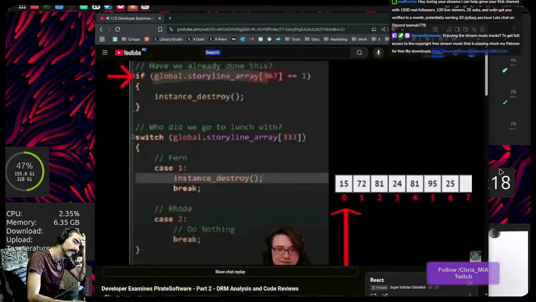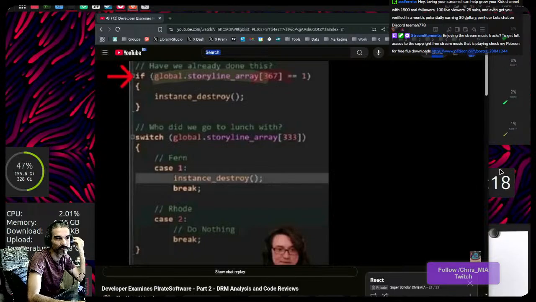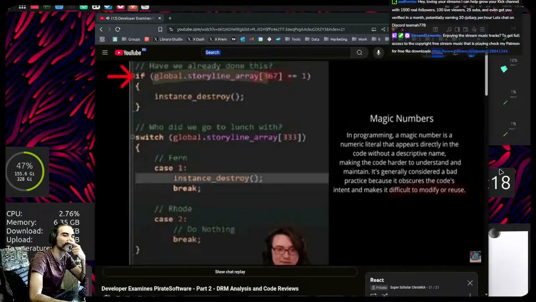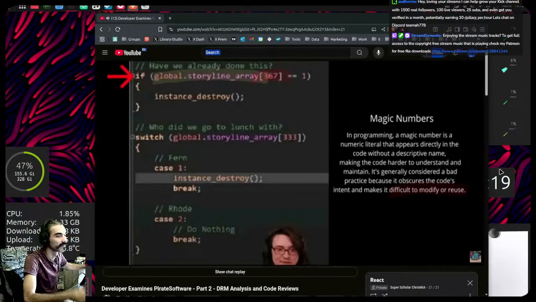Now, let's deal with the index number 367. This is what we call a magic number. Magic numbers in programming are when you use a number directly to check or access something, and there's no way for someone reading it to have any idea what it could possibly mean or refer to without someone else explaining the intent or finding a different file that might hold the context needed. Jason uses magic numbers across all his files in the codebase. So for us to get context on this, let's pull up another code snippet that has the storyline array comments and logic.